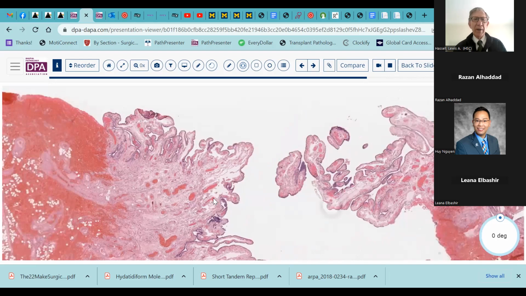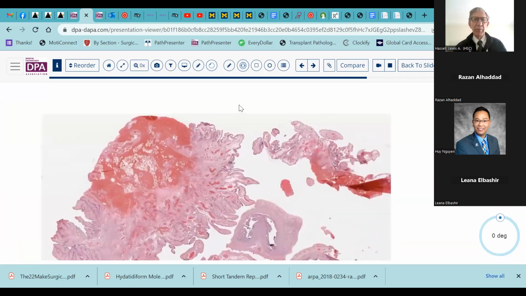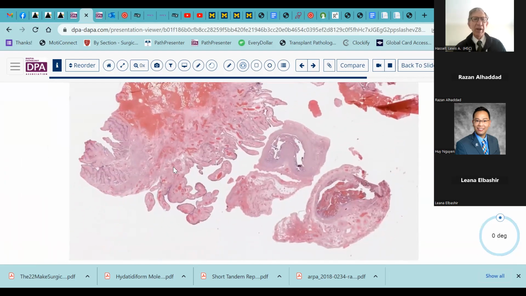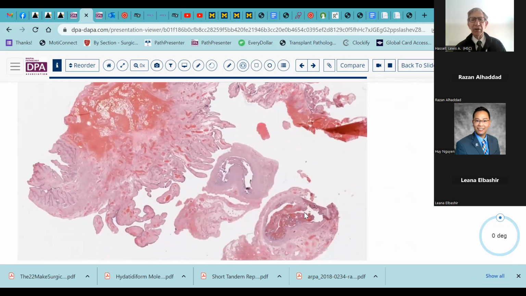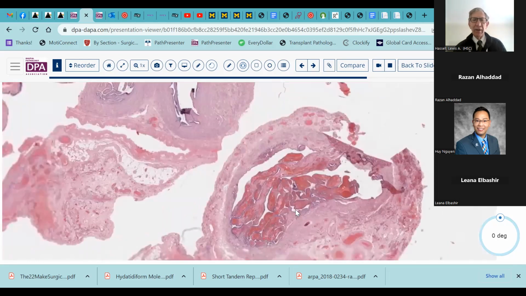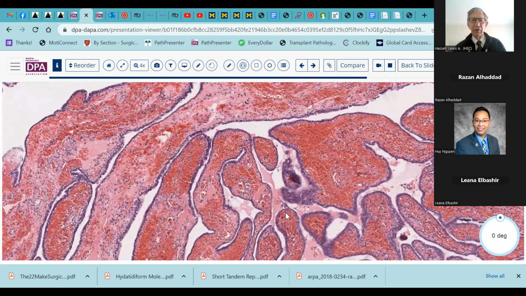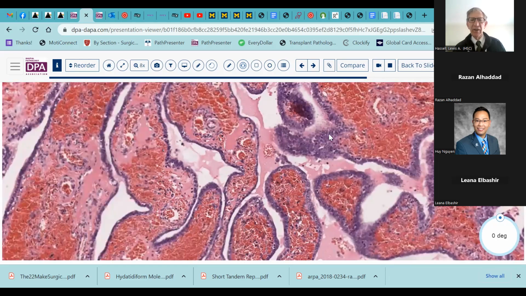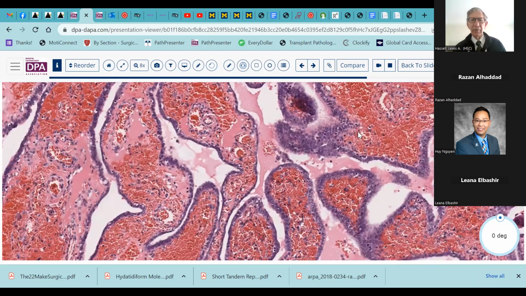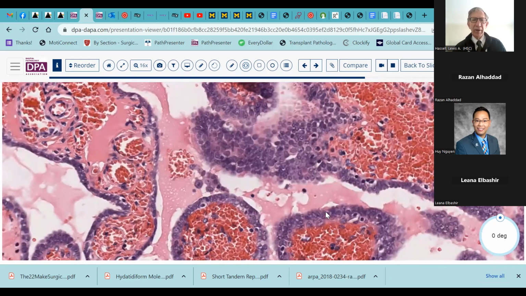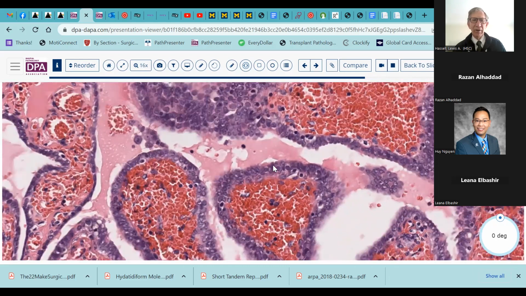And so first of all, at low power, you want to be looking for any areas of hyperchromasia, any areas that stand out in terms of slight thickness of the epithelium, or any micromass lesion that might indicate early invasion. And so, things like this might stick out to you, and you'll come down in high magnification, and it'll look